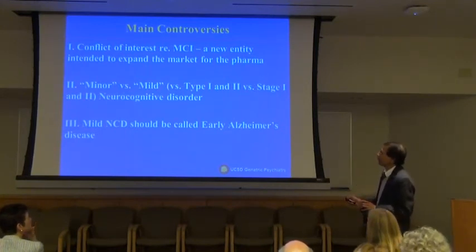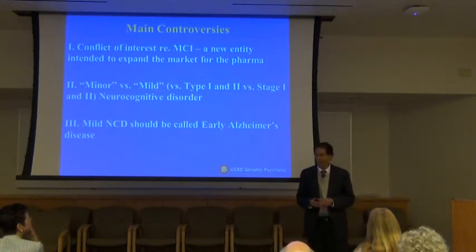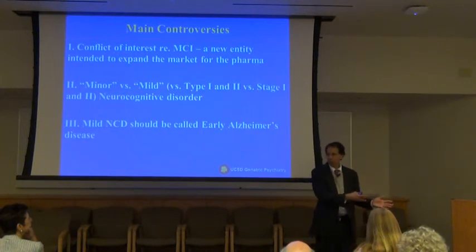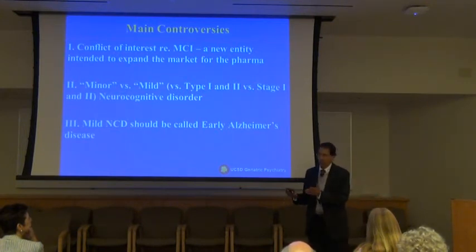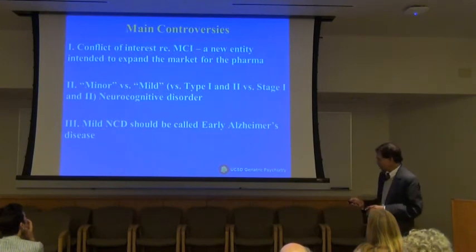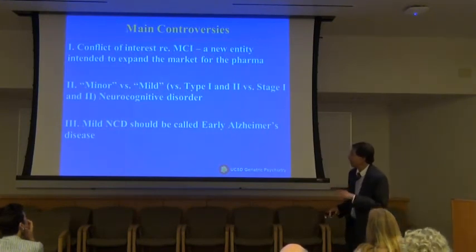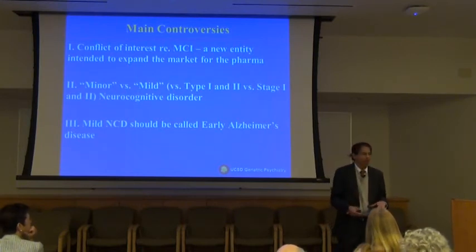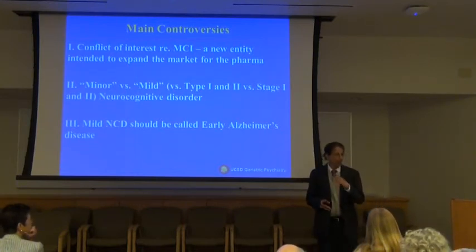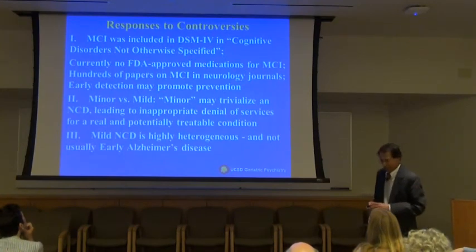We use the word mild. Actually, mild is not opposite of major, right? So we have major neurocognitive disorder, opposite of that should be minor. So why not use minor? Talk about that. And thirdly, people from Alzheimer's group actually severely criticized us in the beginning, saying that we should not call it mild neurocognitive, we must call it early Alzheimer's. That is what it is, and that's the only way we'll be able to prevent it. So what did we do? Each of these three things.